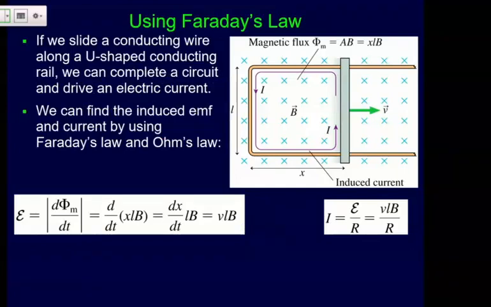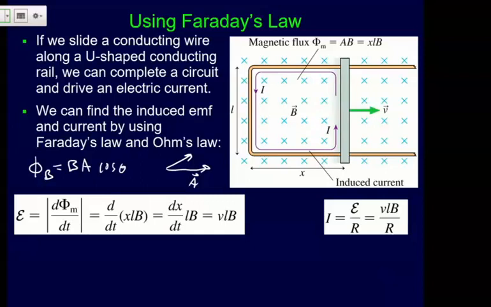The first thing we can do is go back to our motional EMF example from last time and make that a little bit more quantitative. If you remember, we defined the magnetic flux last time. The way we defined it, the magnetic flux is the B field times the area times cosine of theta. And that angle theta is the angle between our area